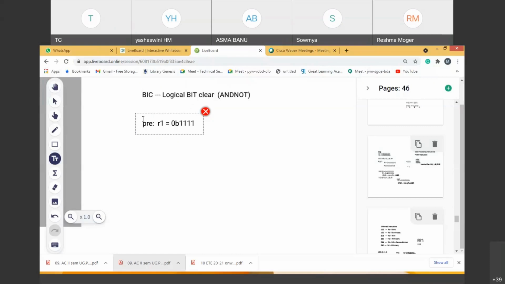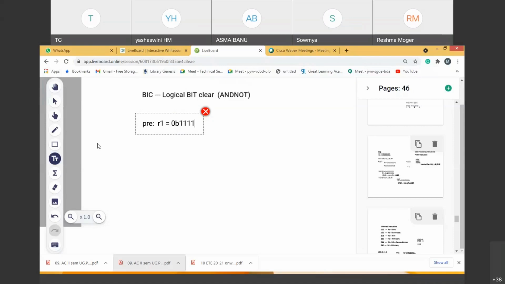This instruction is useful in clearing the status bits. For example, some status bits are there, and I wanted to clear those status bits in any register or in CPSR or wherever it is. I'll use the BIC instruction to clear the status bits. It is also used to change the interrupt masks. For example, I and F are the interrupt mask bits in CPSR. Especially for that purpose it is used, to clear them in CPSR.